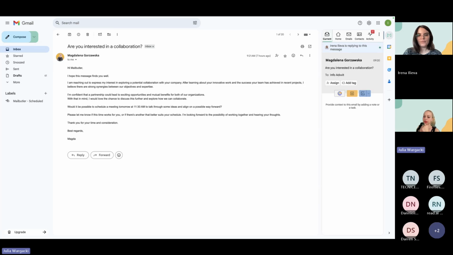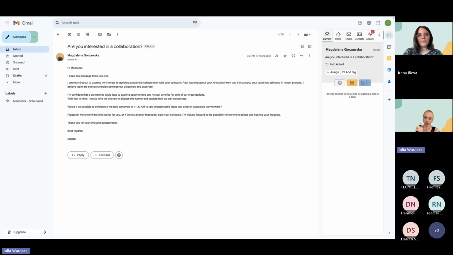So yeah, that's the live status indicators. Another great benefit of Mailbutler is real-time updates. With real-time updates, you always know when an email is assigned to you or when a colleague has marked an email that you assigned to them as done. And you'll get these updates as desktop notifications, but you can also see these updates here in the Mailbutler sidebar